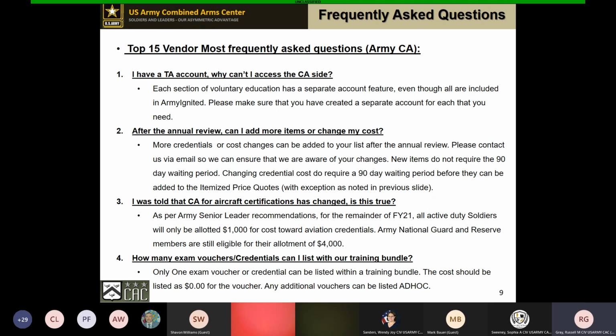Our Army National Guard and Reserve members are still eligible to receive the full $4,000. So, when a soldier contacts you and asks about that, make sure you ask them, one, are you active duty or are you Guard or Reserve? And two, if they are active duty, you have to make sure and provide proof that they've acknowledged that they're willing to pay the difference on their own.